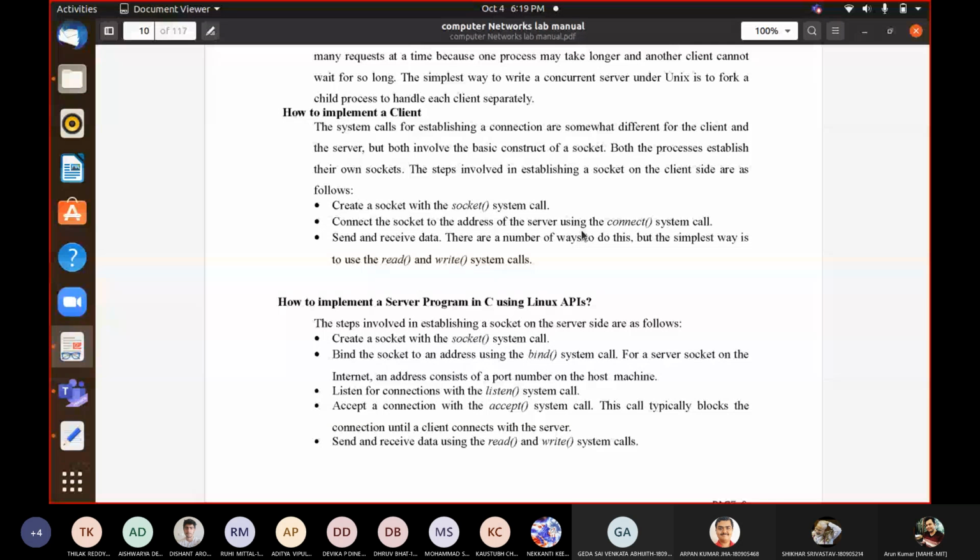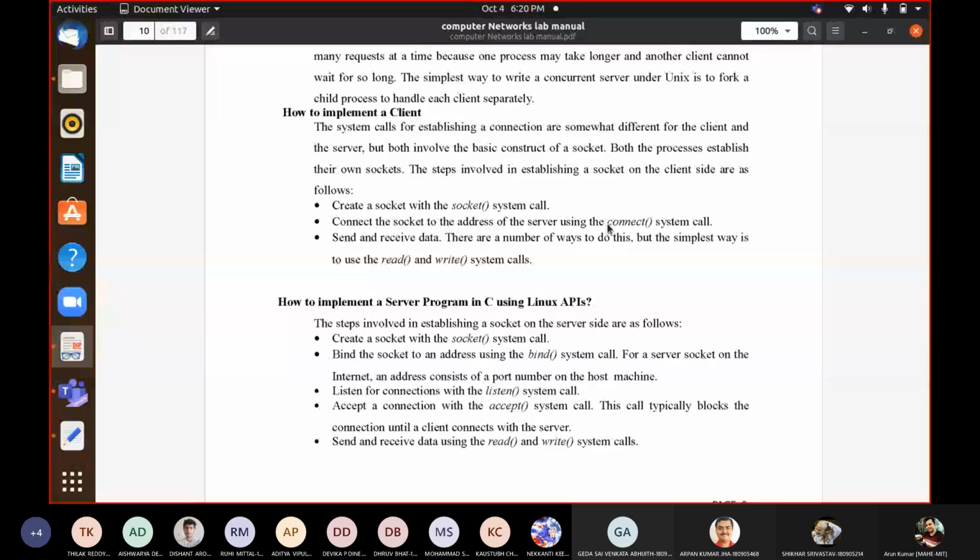All these things we have to write in sequence. We can't deviate from the sequence, because until and unless you have a socket, you can't invoke the connect system call. So initially we will create a socket. It will give us the file descriptor. Then we will handle that socket through that file descriptor. We have to give it a port number and an IP address. The complete socket address is its IP address and its port number.